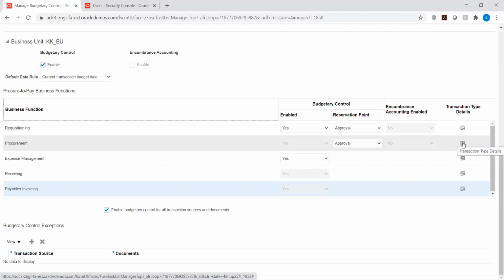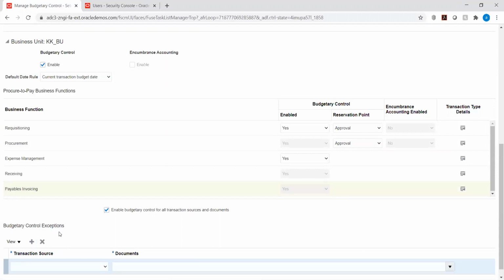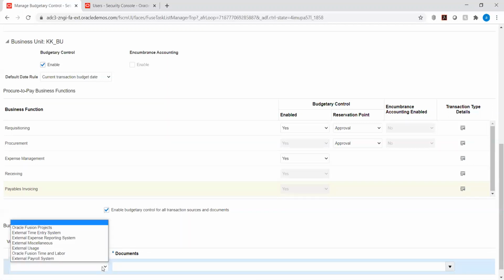No, actually, the source level restriction we don't have for the subledger. But we have this one, which I think is budgetary control exceptions. If you wanted to exempt some source from invoice, then you can give it here. If we don't want to capture or handle this budgetary control, we can enable it here. For a few of the sources, if you wanted to disable, that can be done. Okay, fine.